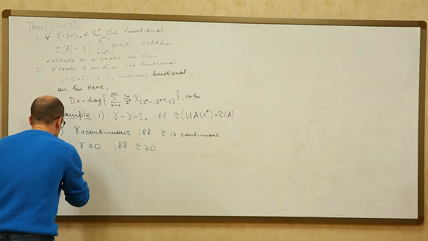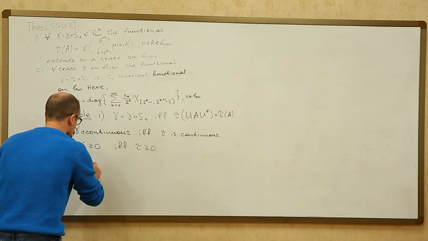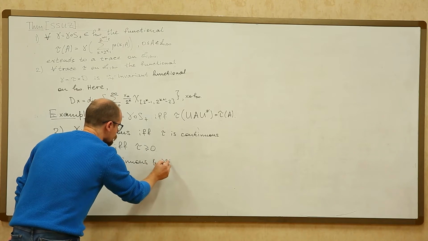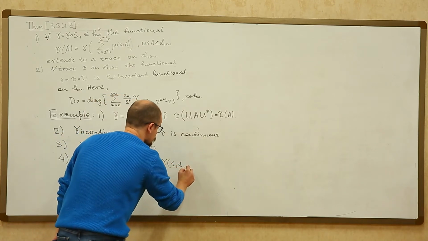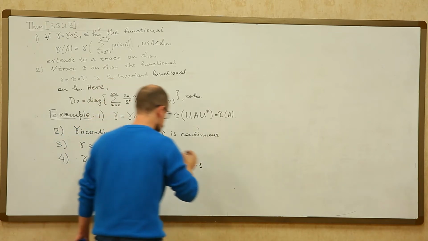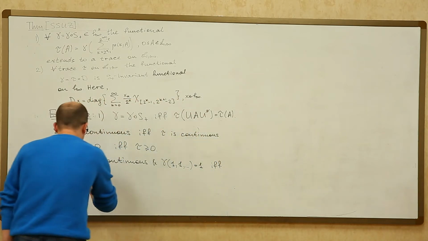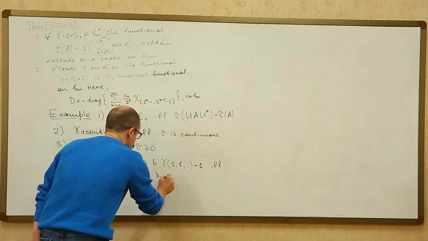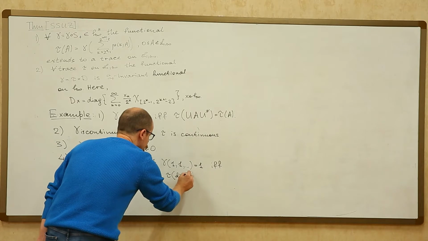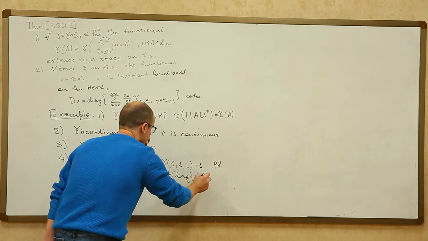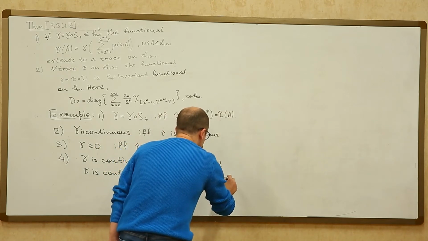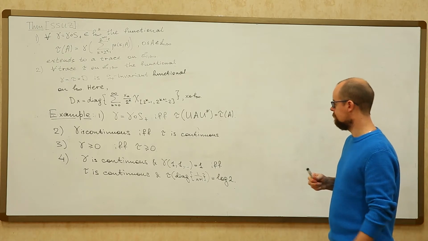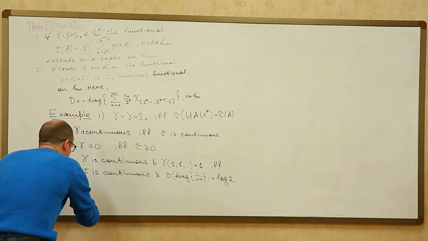Number 4. If gamma is continuous and gamma of the sequence of ones is 1, this holds if and only if tau is continuous and tau of this operator, 1 plus 1, is lower than 2. Let's show it now. So tau of